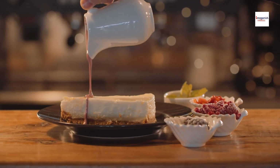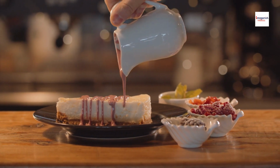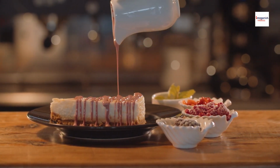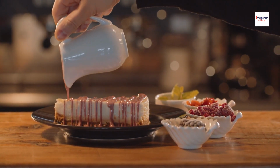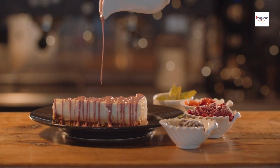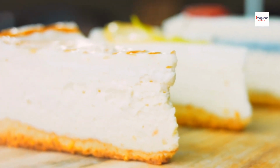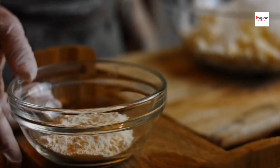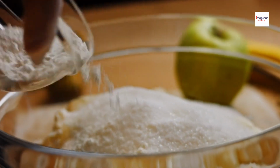Did you know that New York cheesecake traces its roots back to the early 20th century? It's believed that Jewish immigrants in New York City adapted traditional European cheesecake recipes, replacing cottage cheese with cream cheese for a richer, creamier texture. This innovative twist gave birth to the New York-style cheesecake we know and love today, cementing its place in American